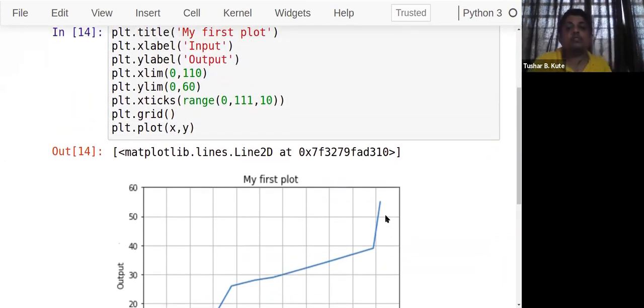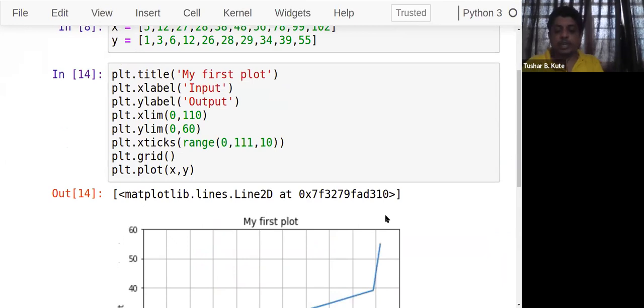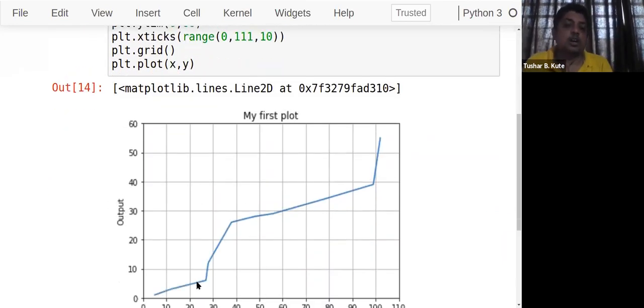Okay, so these are the supporting functions to decorate the graph. Many more decorations are yet to come. Let's see what other decoration methods are there. Next, I want to change the color of this particular line. Many different default colors are there that we can apply, or we can even make use of markers also. Colors and markers both can be applied.